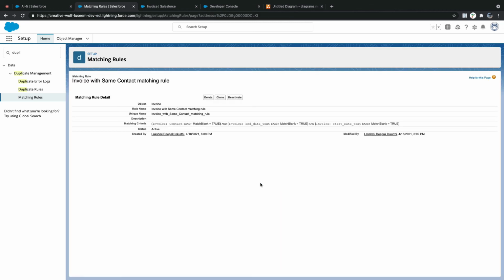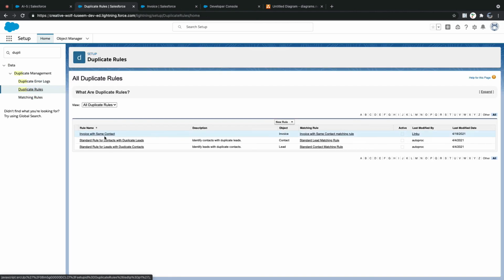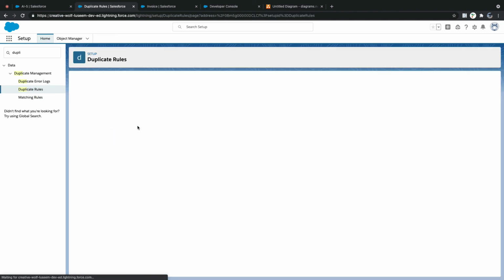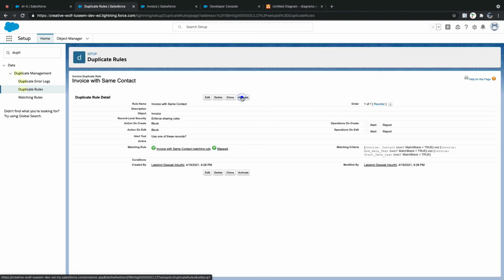So we are not able to create a matching rule directly, but what we have done, we used another concept called workflows. Workflow field action we use to update these fields automatically to a text field, okay? And then we are able to refer to them in duplicate rules. Invoice. So now we are able to implement this with configurations, isn't it?